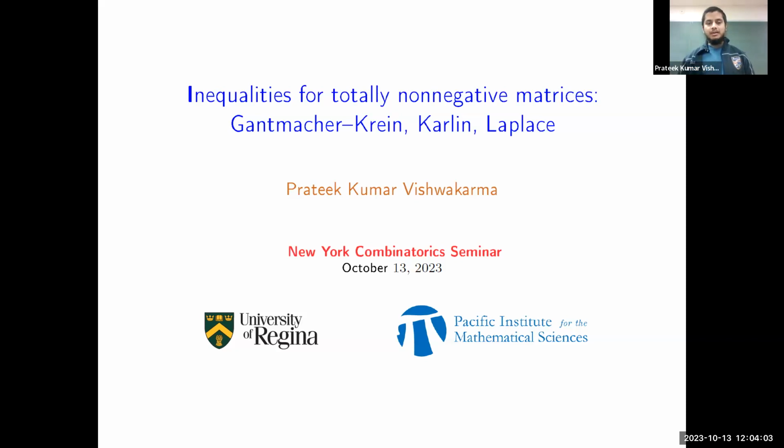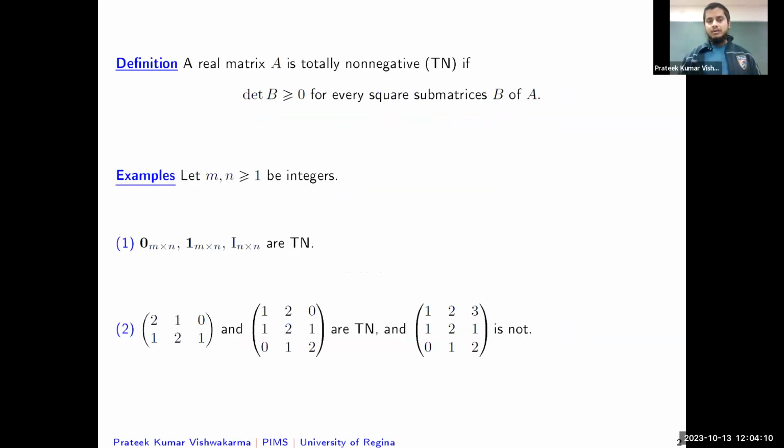In this talk, we will talk about inequalities for totally non-negative matrices. So let's begin with some prerequisites and definitions. A real matrix is called totally non-negative, TN, if all of its minors, or the determinants of all of its submatrices, are non-negative. Which means we would want to check if all the 1 by 1 minors, which are all the entries of the matrix, all the 2 by 2 minors, all the 3 by 3, 4 by 4, and so on, which could be any principal, non-principal, contiguous, non-contiguous, all of the minors are required to be